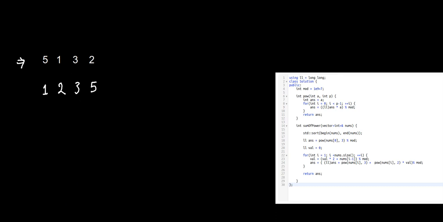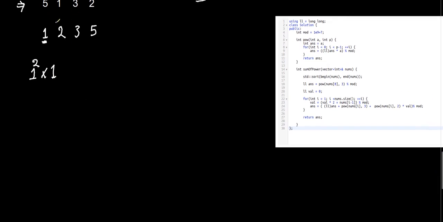Now let's calculate the sum power for all the groups that have 1 as the maximum. So we start at index 0, and the group is only this one, which is 1. So the power for this is 1 square, which is the maximum, multiplied by 1, which is the minimum. Now we move to the next index,